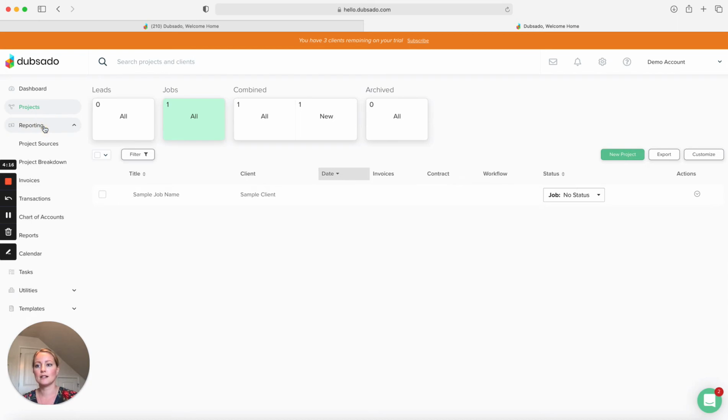Okay, next is reporting. Dubsado does a great job with keeping track of more of your service related payments. So what I recommend to my clients is that you can invoice for things like your consultation call, maybe your initial retainer. But after that, I suggest that you use either QuickBooks or a platform like Ivy or MyDoma to collect payment for the furnishing